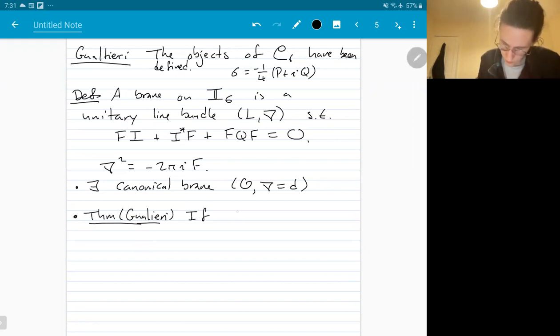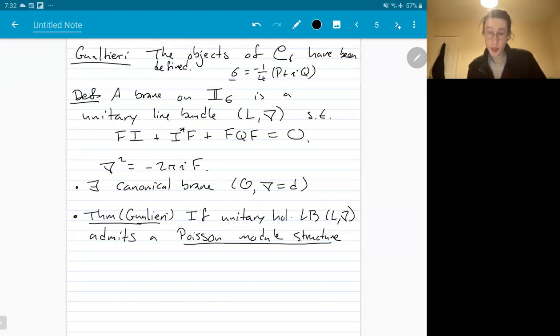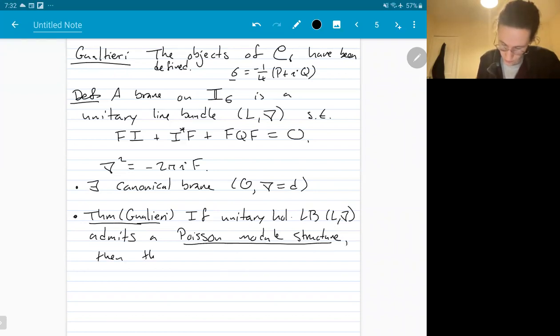If this unitary holomorphic line bundle (L, nabla), say the one that we were considering a moment ago, admits a Poisson module structure, which is a lift of the Poisson structure sigma to the total space of L, then the functor phi